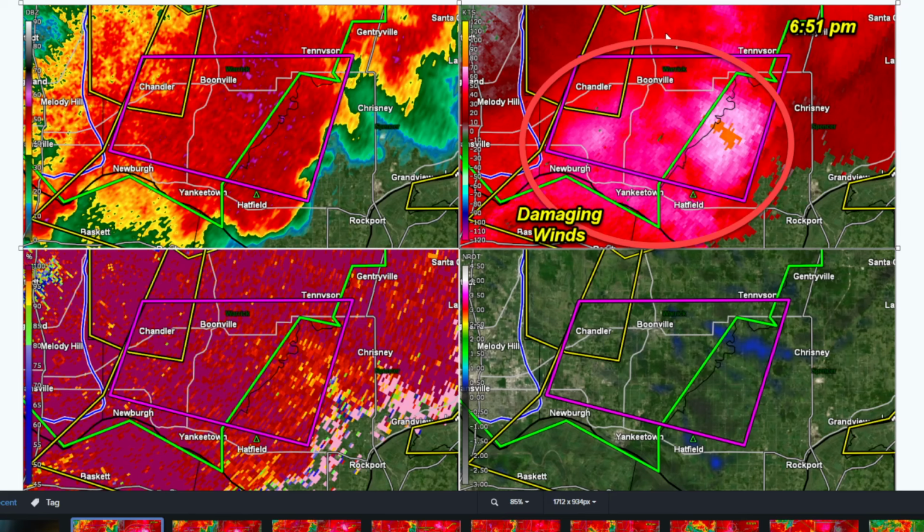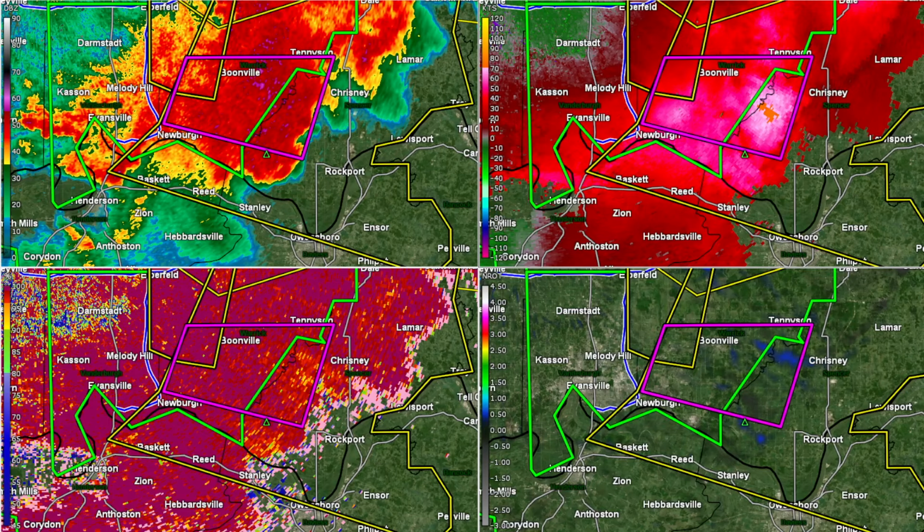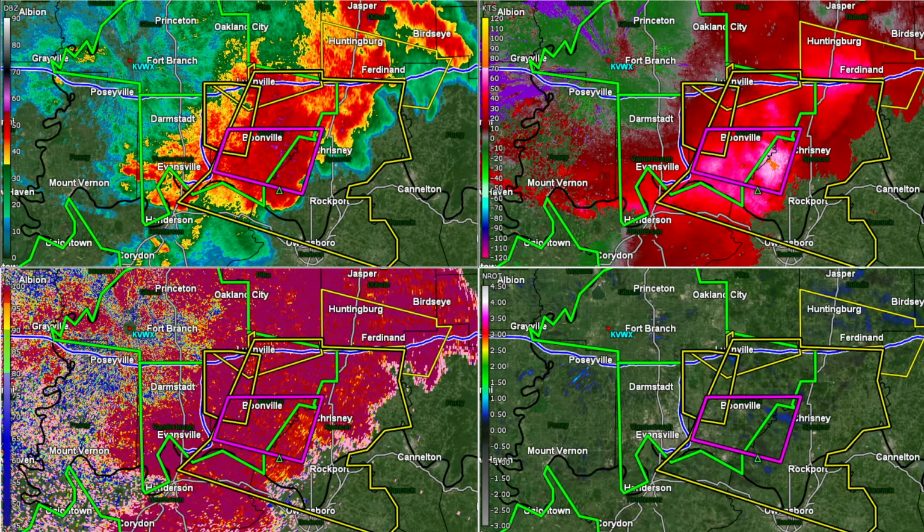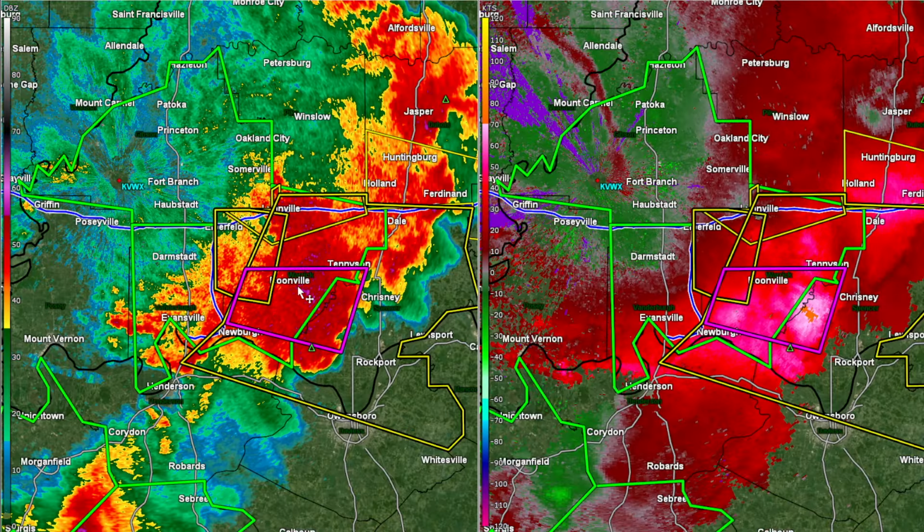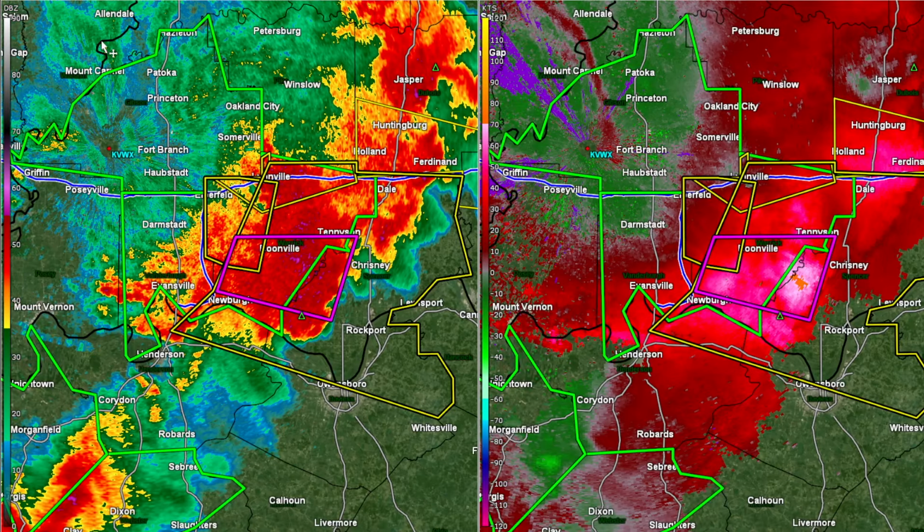And then you can kind of see how things evolve here and kind of give you a better picture rather than just showing you still pictures here. I'm going to zoom out just a little bit. We'll just go with two panel. Take the reflectivity and the